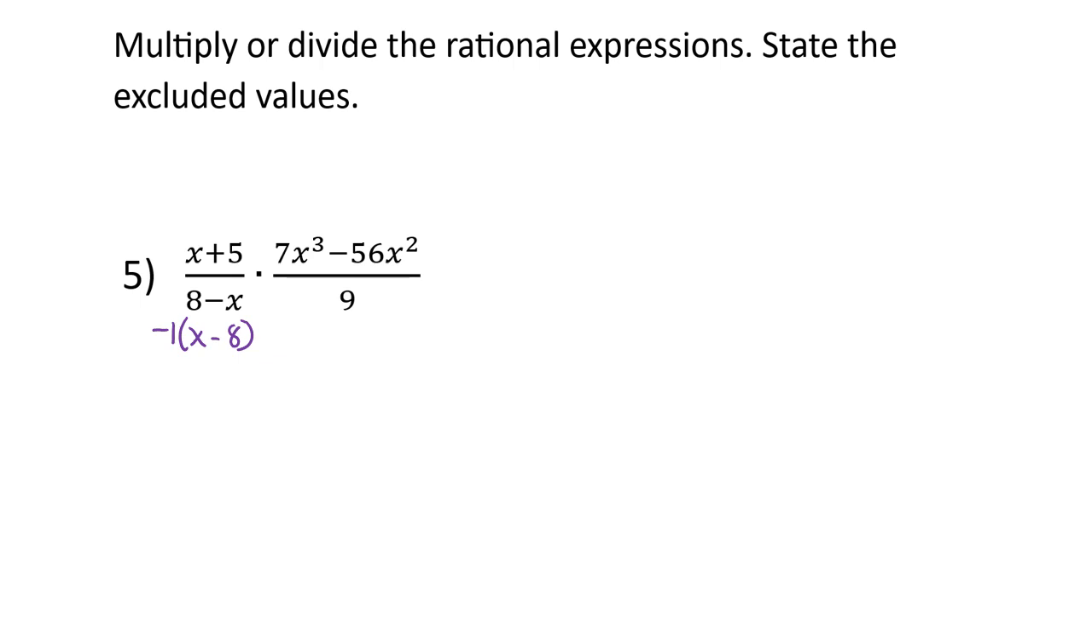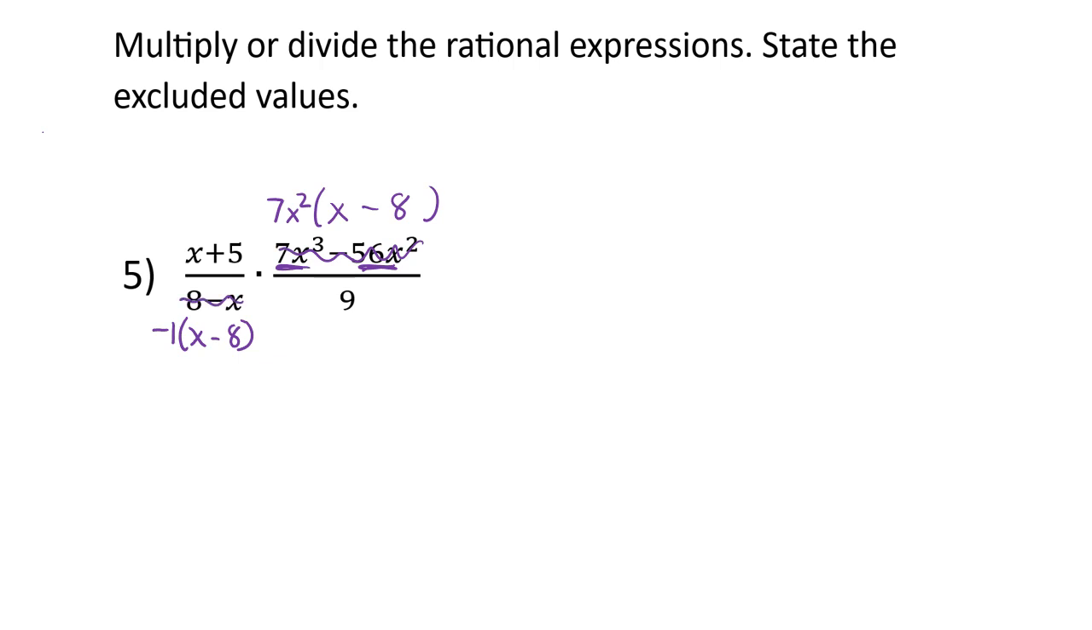So looking at 7 and 56, 7 is the greatest common factor for the numbers. For the variables, we have x to the third, x squared, so they share at least two x's. And so now to finish off the factoring, now that we have the greatest common factor, 7x squared times x would make the 7x cubed. 7x squared times 8 would make the -56x squared. So now that I've done all my factoring,